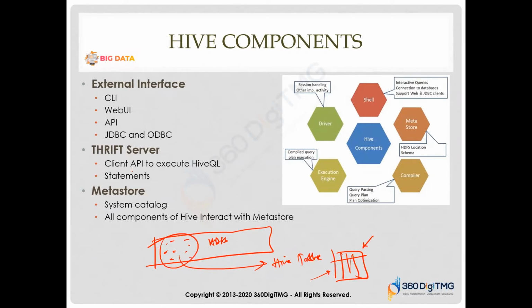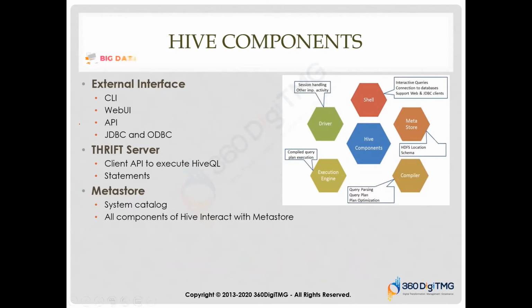Right? Now we have something called Metastore, which is again a database wherein these Hive tables' schemas are residing. Okay, let me explain the components. Probably that would give you more insights on what we are discussing here. So Hive has different components. We can broadly classify them into three parts. Though we don't classify them, it's easy to explain it this way.